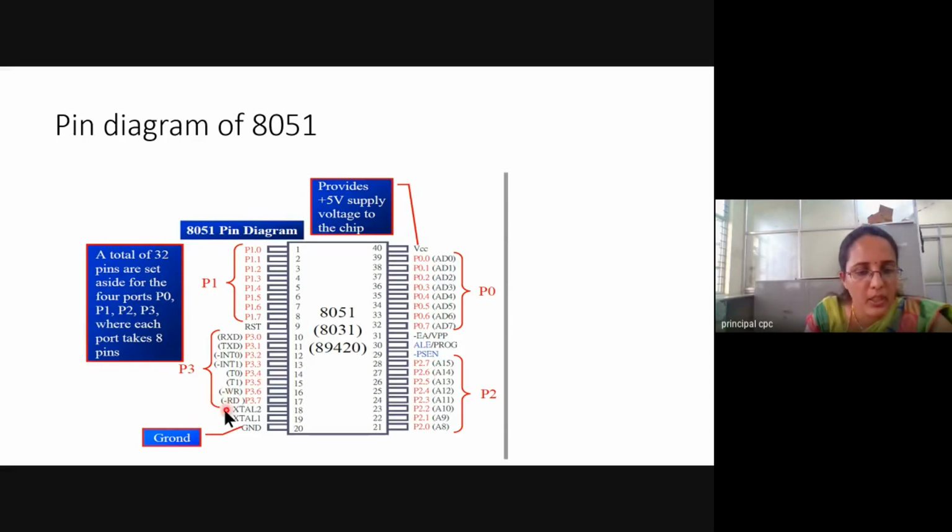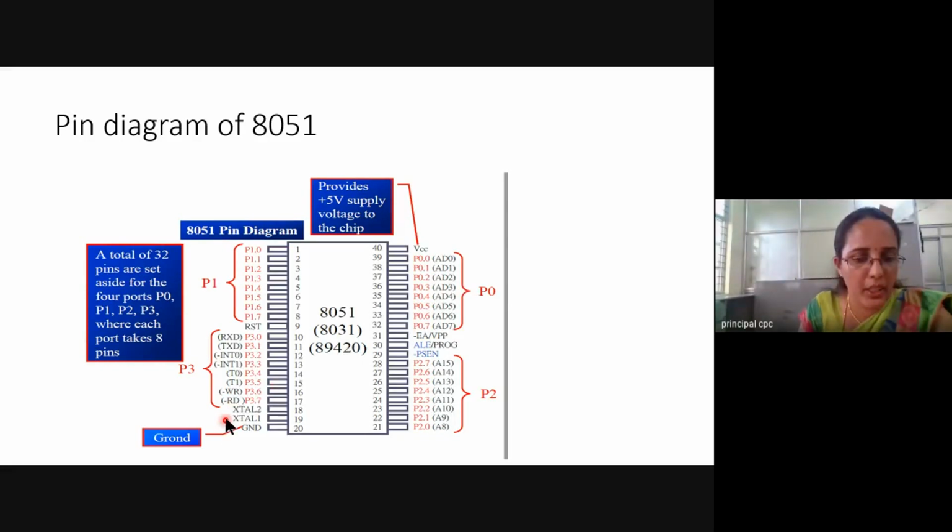WR means write signal, in the sense that in order to access the external memory, you will need write and read. To read the content from the external memory, you need the read signal, and then you have ground.